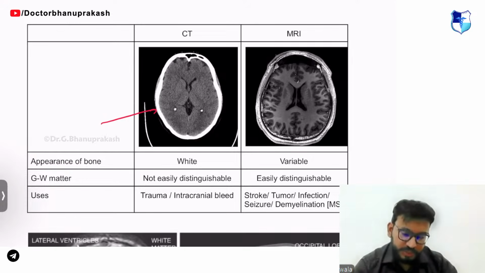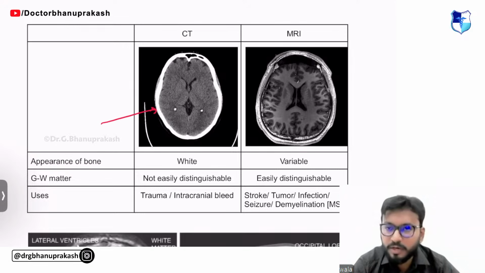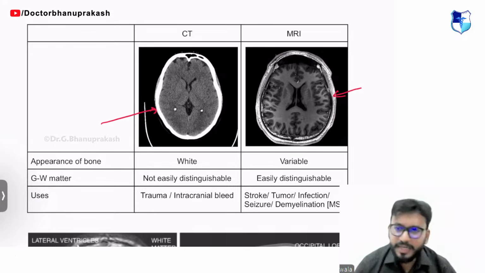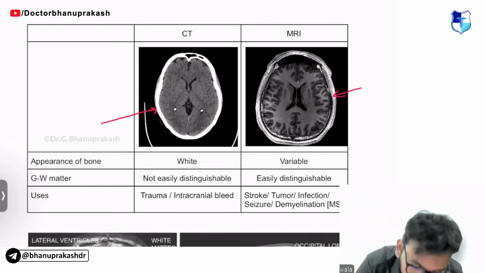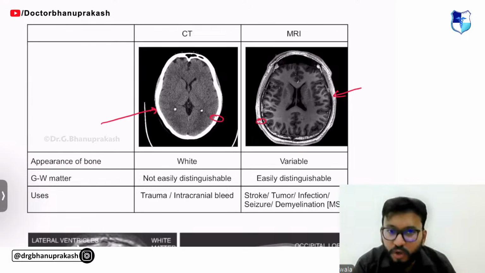Okay, so let's go. This is CT scan. Cortical bone, can you see, is absolutely white, plus 1000 Hounsfield units. CT scan. Look at this MRI. Do you think that is cortical bone? Compare this whiteness and this whiteness, guys. Do you think it's the same? It is not the same, guys.